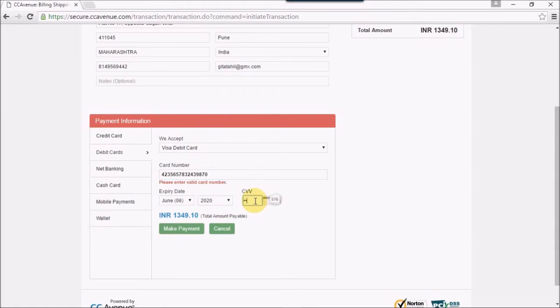Now, since this is a trial debit card, the debit card is not valid. In case the debit card number has been incorrectly entered, you'll receive a message saying that the debit card is incorrect. Once everything looks fine, you click on make payment and the order would be shipped to you within 48 hours or as per the mode of payment and the terms and conditions.